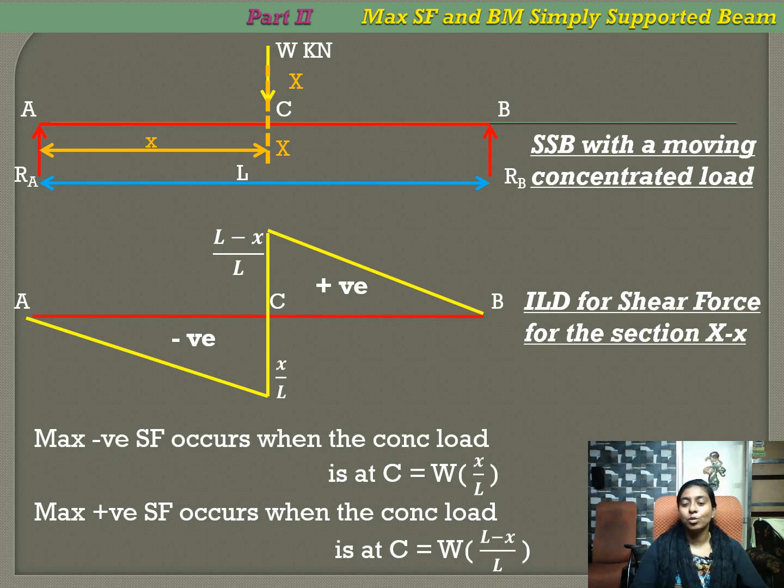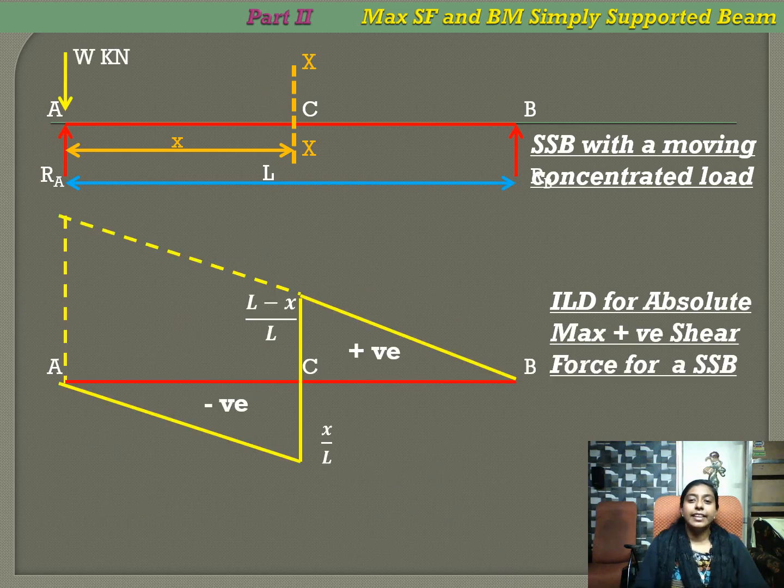So maximum positive shear force and maximum negative shear force. The given simply supported beam, the influence line diagram for the shear force at a section C. See, now you can see the dotted lines. That is, the section is moved from C towards A. So when the section is moved from C towards A,